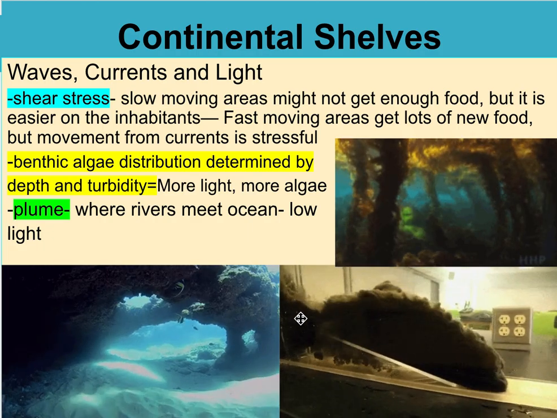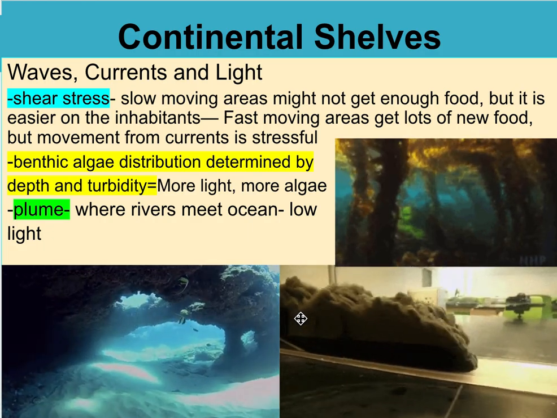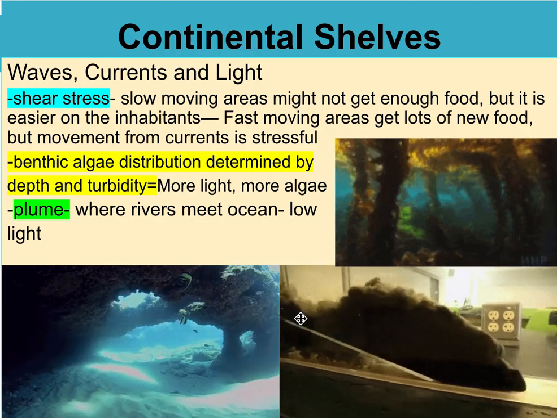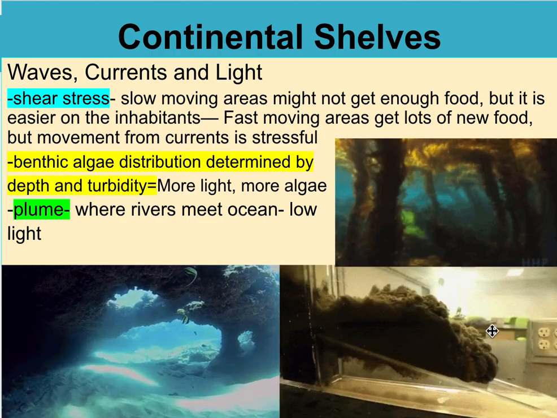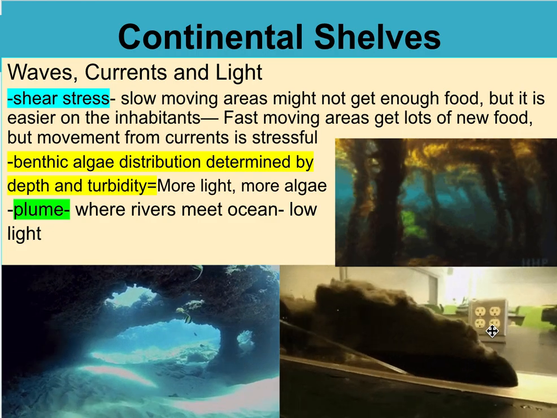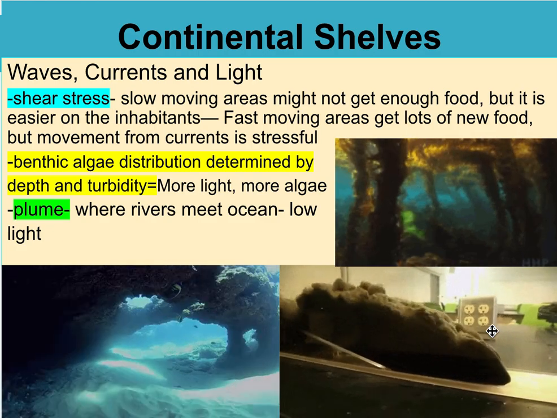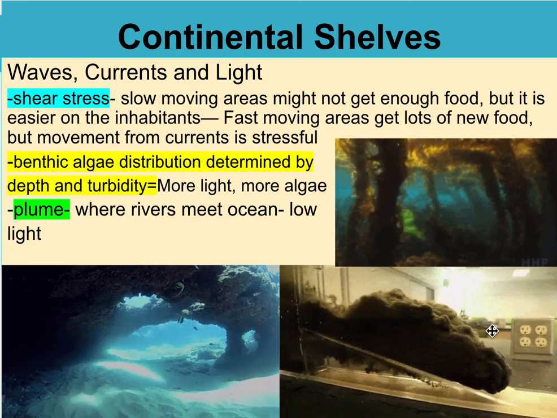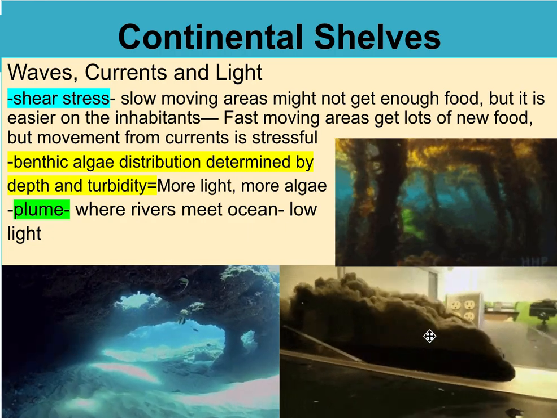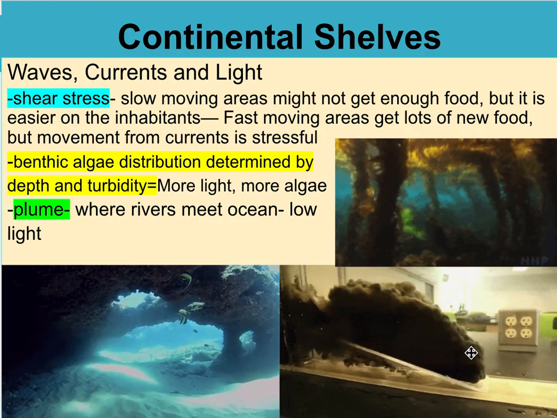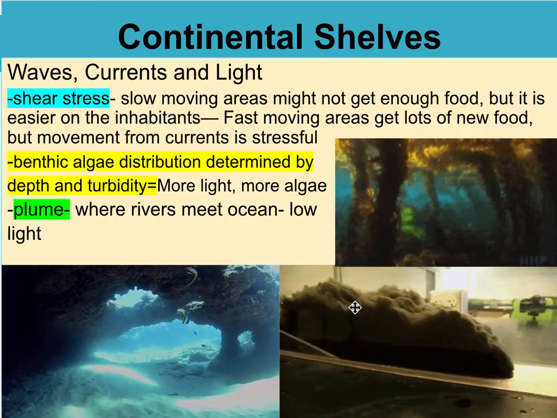So if it can't get sun past a certain point because, say, the water is really turbid or really cloudy, then the algae stops growing. So as long as you can get light down to a space on some of these, you can have good algae growth. So plumes specifically, and it was hard to find a good picture of what it looks like in motion,